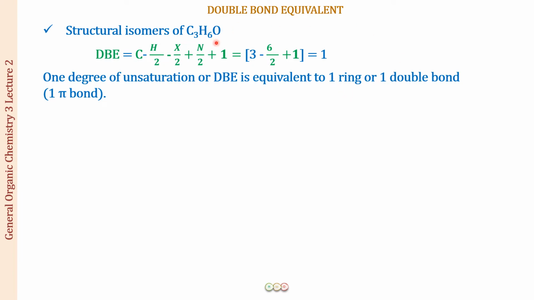Now when I have one oxygen, what we have been previously discussing is, if the DBE value was 0, it is going to be an alcohol and an ether. It cannot be an aldehyde or a ketone. But now the value has come up to 1. So the first thing that strikes my mind, I hope it will strike yours also, is that one possibility is an aldehyde. So let us draw that.